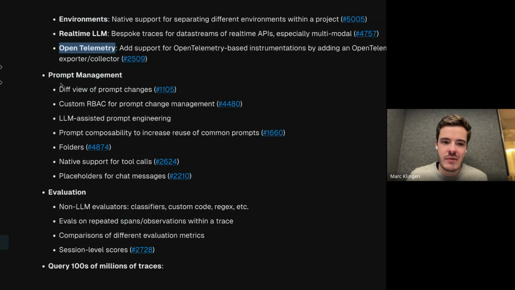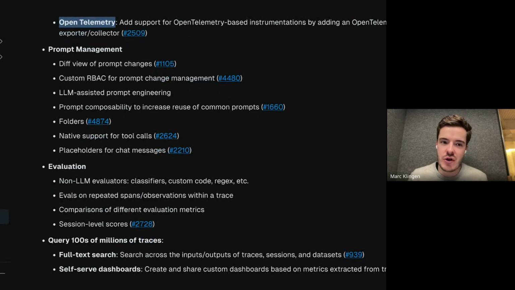Then, as prompt management has been a super popular feature of Langfuse, we have some changes planned. Generally, our goal is to be the top-of-market prompt management solution and be extremely competitive with regards to features. Diff view is already shipped, and we're considering adding RBAC roles for prompt change management, because some regulated companies that, for example, see prompt changes as covered by their software lifecycle policy need to have some sort of approval flows on prompt changes,